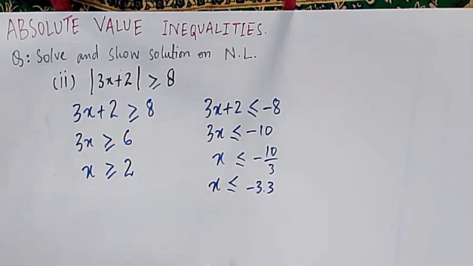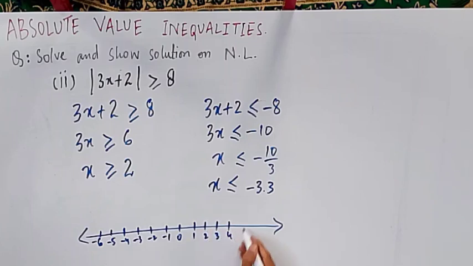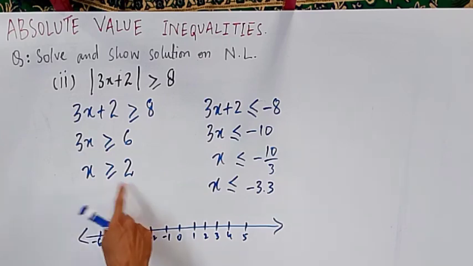So you can show it on the number line, but when you will show it you will notice one thing. Let's see. Let's say if I am saying minus 4 is over here, let's show it with minus 6, because I want to show you one thing over here. 0, 1. I hope you all know how to draw the number line, how to show the solution on it. Now if you look over here, it is written that x is greater than 2, okay, and x is less than equals to minus 3.3.